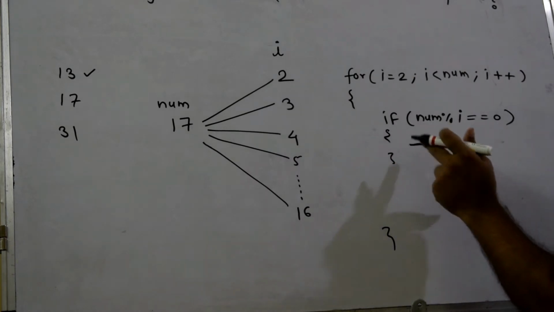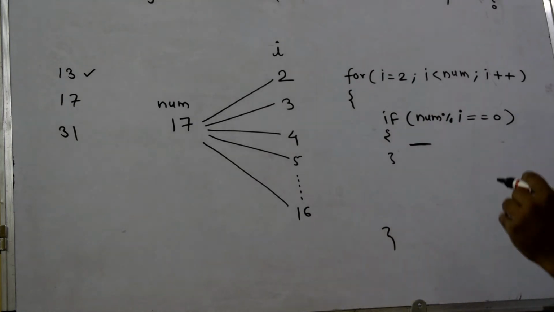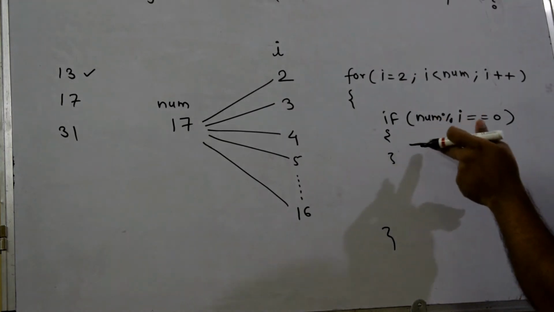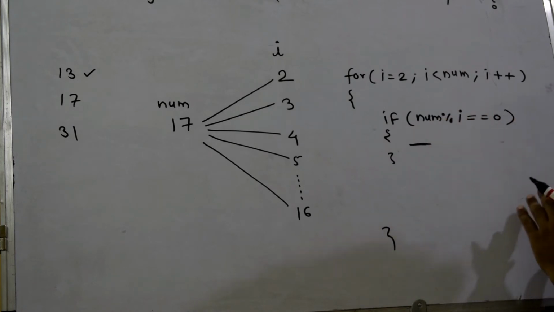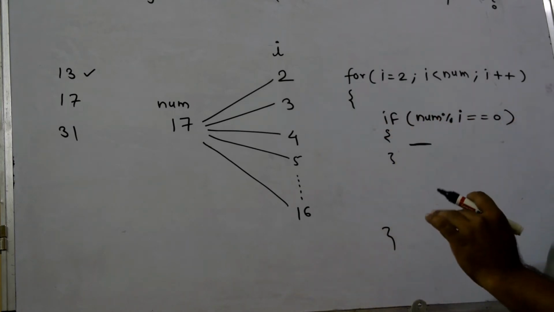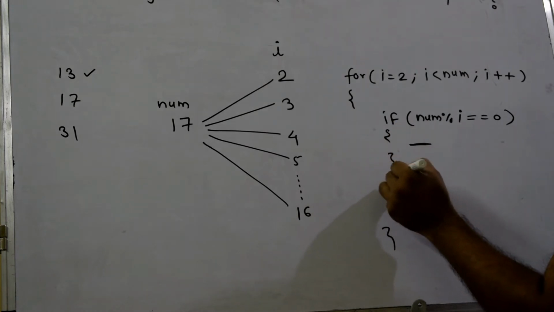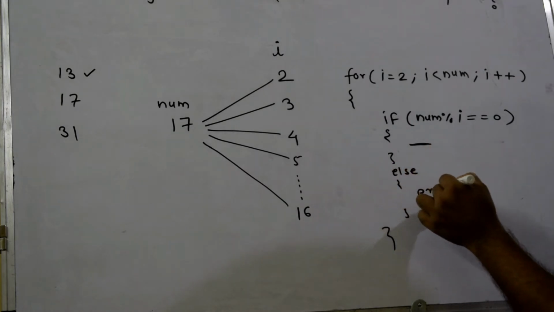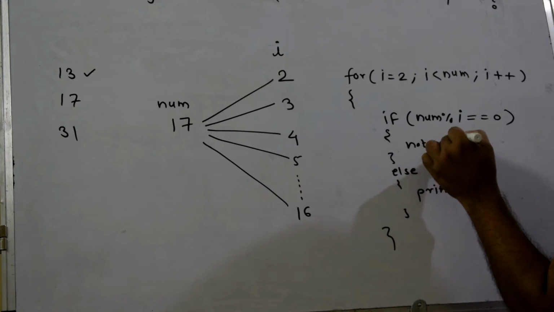If the remainder becomes 0, then the execution comes inside this if, which means it is not a prime number because the remainder is 0. So here you can print that the number is not prime. Now up till this it is okay, but what are the common mistakes that you make? The first mistake is that you write some else part, and here you write a printf statement which prints prime number. So here you print prime and here you print not prime.